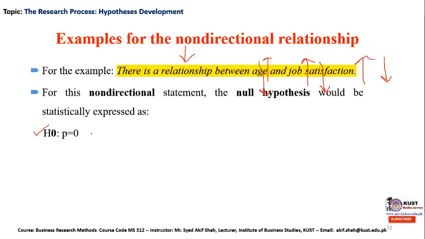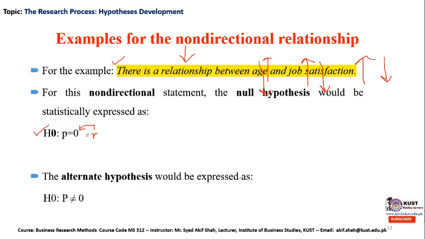When the correlation coefficient, which is normally represented by R in the statistical books, is hypothesized as 0, we are actually making a null hypothesis, or the researcher has formulated the null hypothesis in the fashion that there is no relationship between age and job satisfaction. What could be the alternative hypothesis, which is H1? Definitely, this is the prime interest hypothesis,